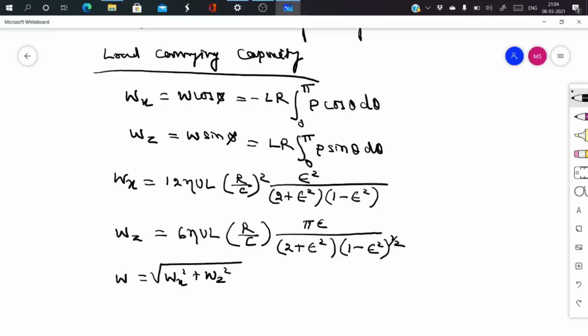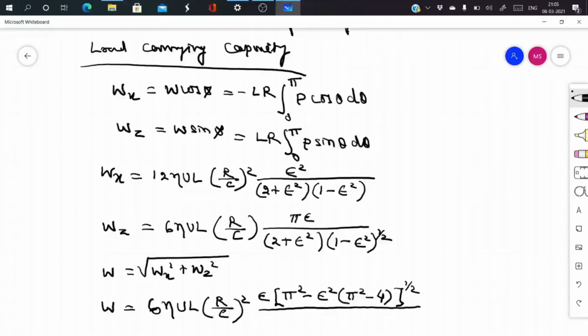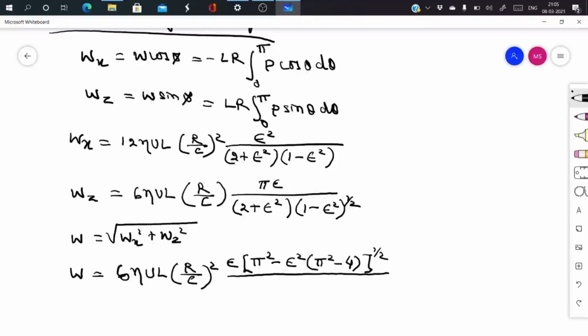So W will become 6 eta u L R by C square, epsilon, square root of pi square minus epsilon square times pi square minus 4, divided by 2 plus epsilon square, 1 minus epsilon square. Okay, so this is the value of W you will get,